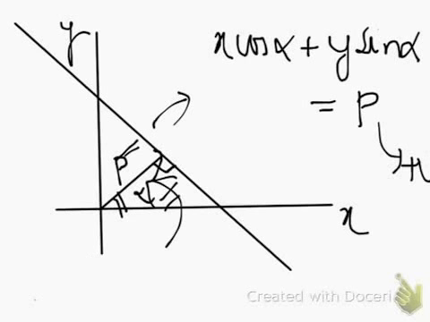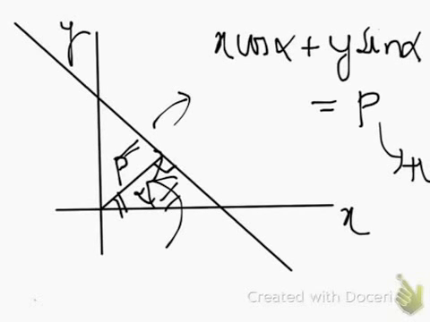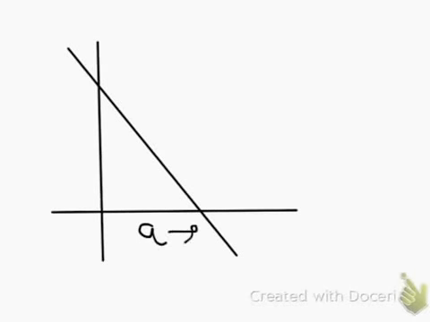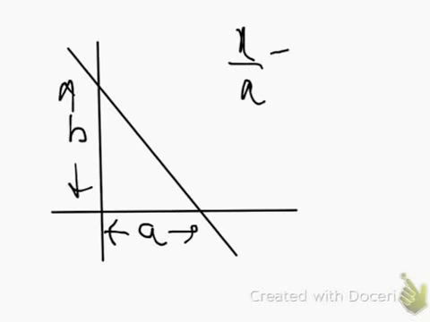Similarly, using this, we can have another form which I told you about in my last lecture, called the intercept form. The intercept form is like when we have the coordinate axes like this, and I draw a line, and I have this as a, this distance, the intercept on the x-axis, and b on the y-axis, I can have the equation x upon a plus y upon b is equal to 1.